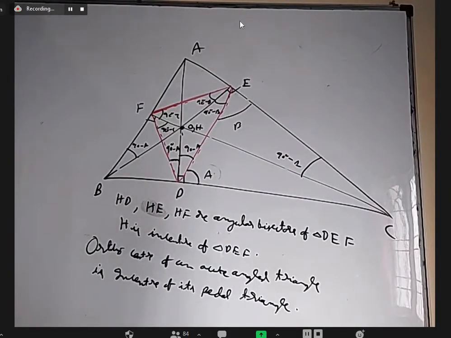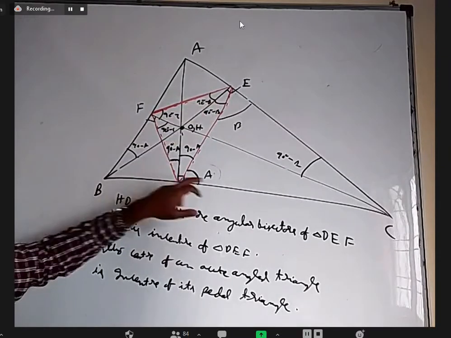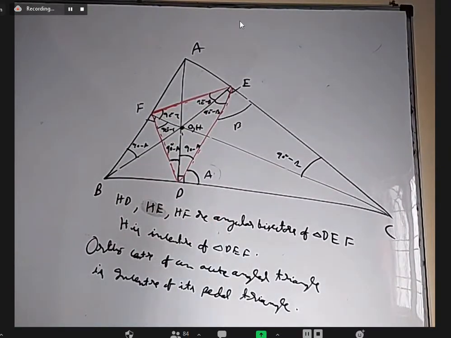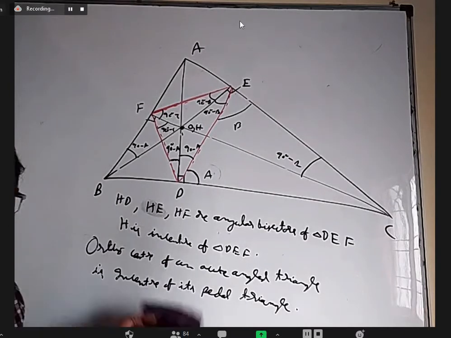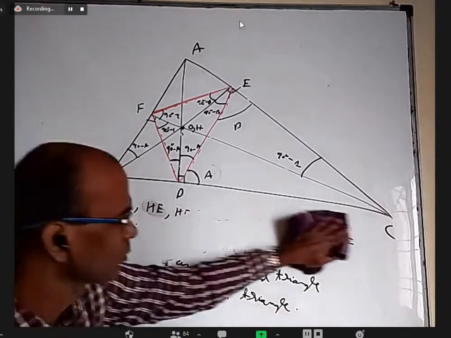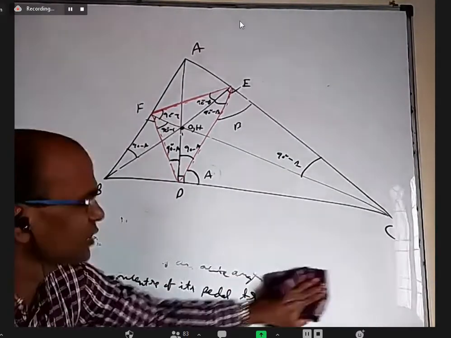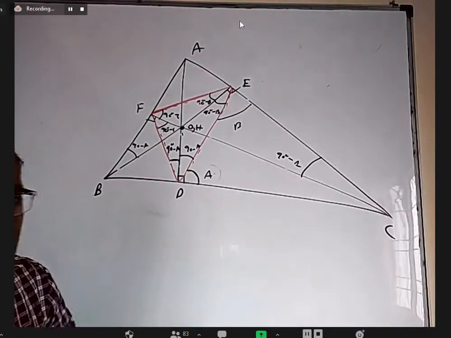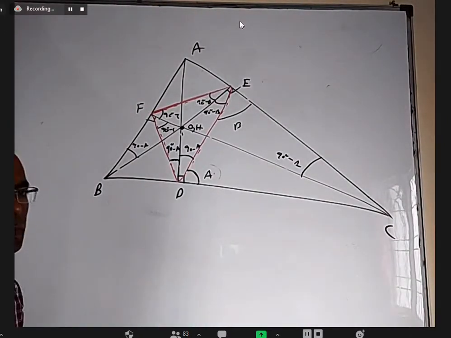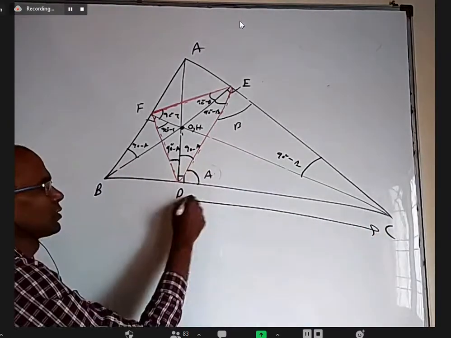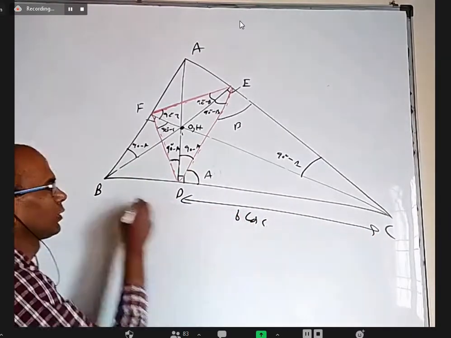So how to find this length? I can use the sine rule in this triangle. Okay. I am arranging whatever I wrote down. Is it okay? Yes, sir. Last class, what is the DC length we got? b cos C. Right? cos C. This is b cos C. This one is c cos B.